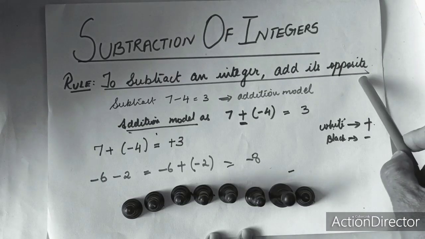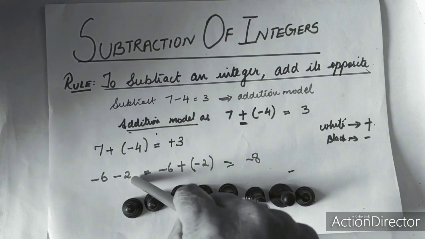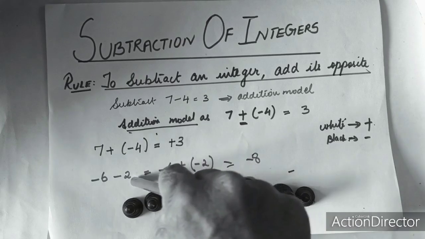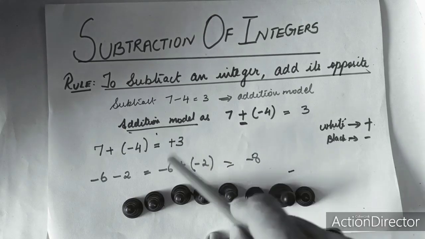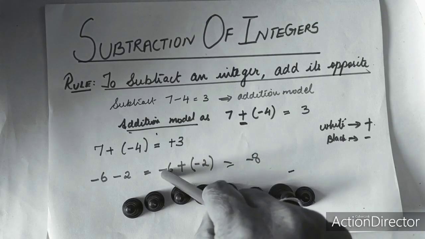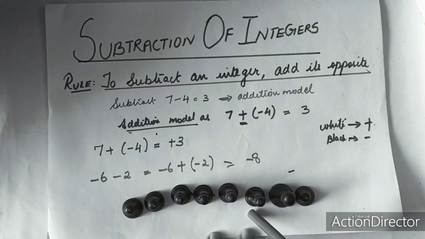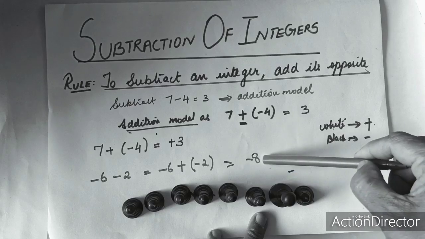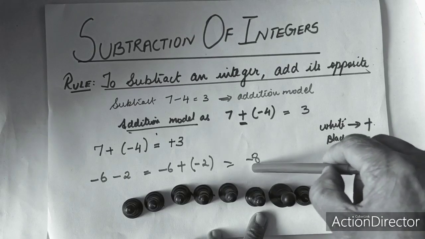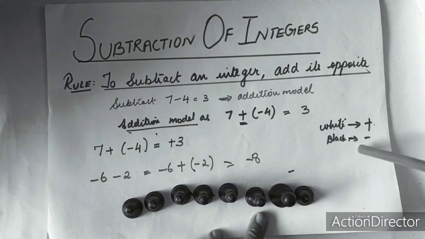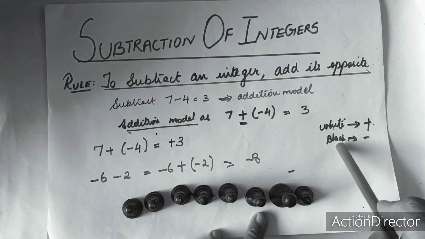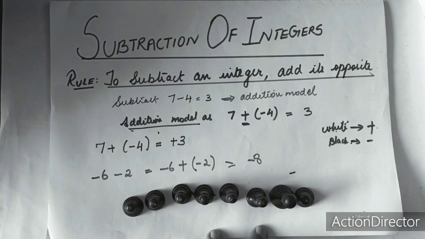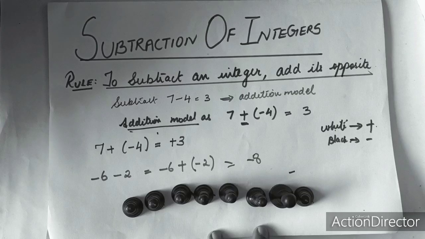Here it was minus 6 and you are subtracting minus 2. I have made this an addition by adding the additive inverse of minus 2. So I kept minus 6, and minus denotes black pawns. So I kept 6 black pawns and I added 2 more. So my total comes out to be 8. And the color of these 8 pawns is black, which is minus, since I denoted over here white stands for plus and black stands for minus. So it's minus 8. Hope you understood this subtraction of integers through an activity.